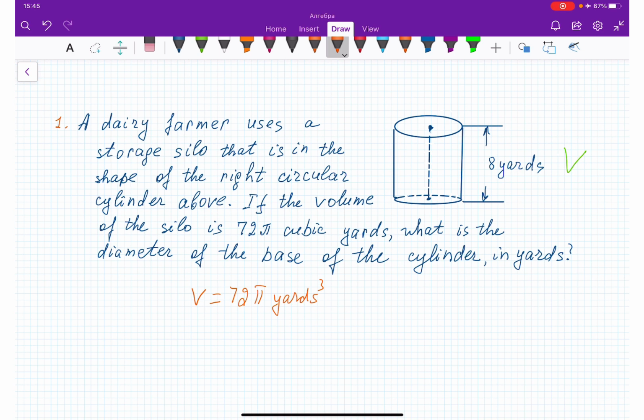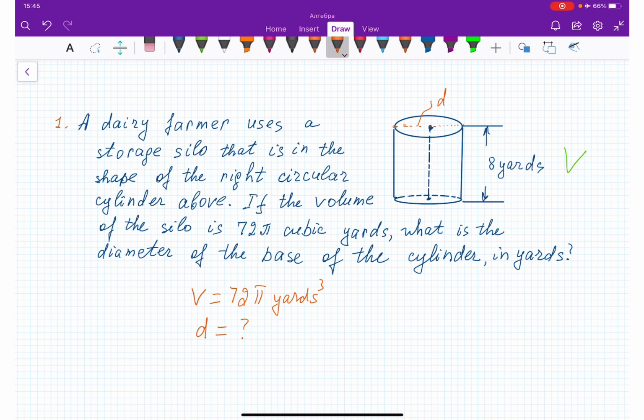What is the diameter of the base of the cylinder in yards? So diameter is going to be the line that goes through the center, right? Which means radius times 2. That will be your diameter,